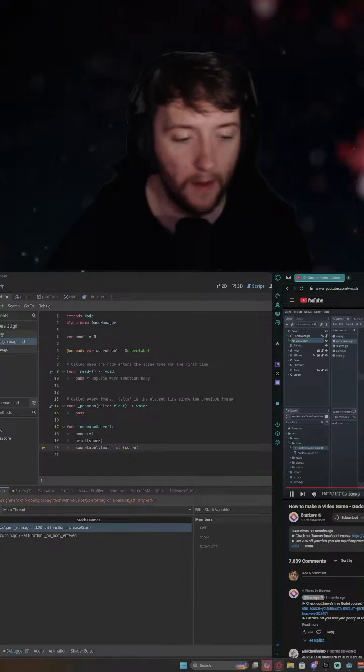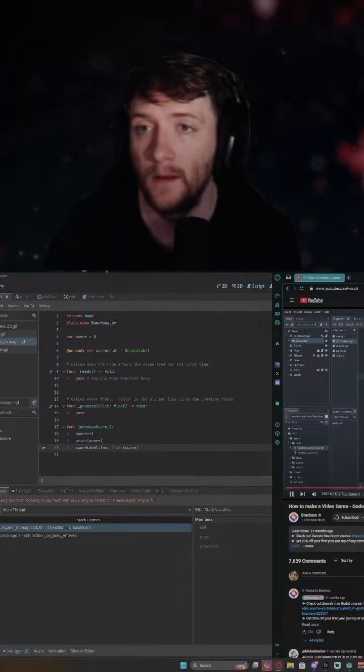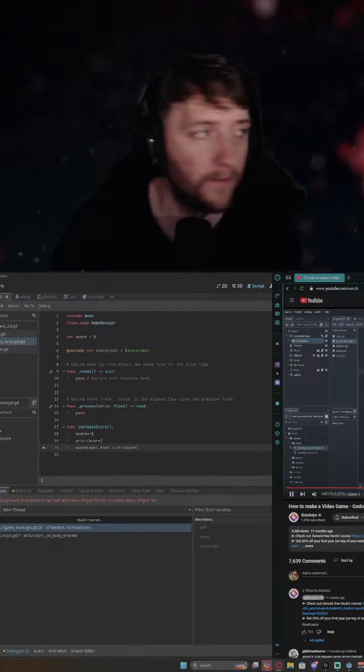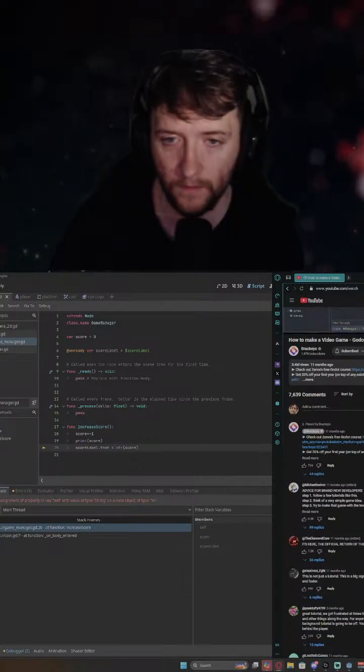But for now we can cast, oh, this we're doing the same thing, using str for string. This is literally exactly the same, and then wrapping it in parentheses. And now when we play and pick up,